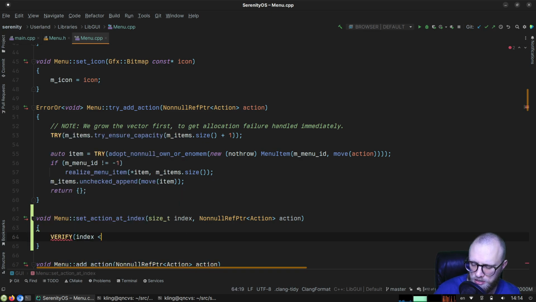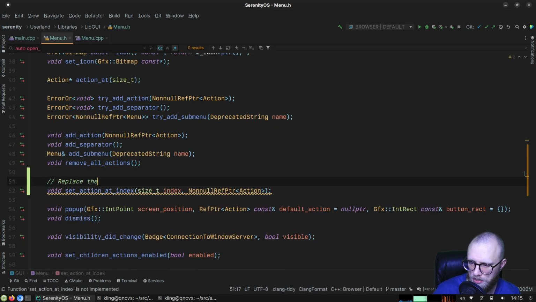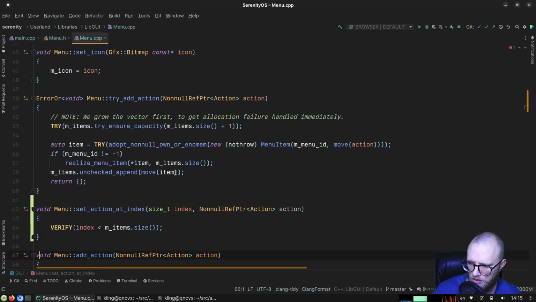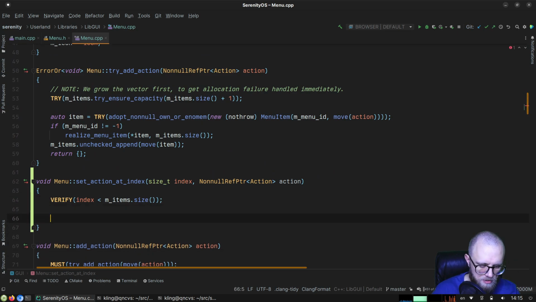So verify that index is less than items size. Okay. So replace the action at a given index with a new action. The index must be valid. This cannot be used to append, to grow the menu. Okay. Set action at index. M items at index is going to be,